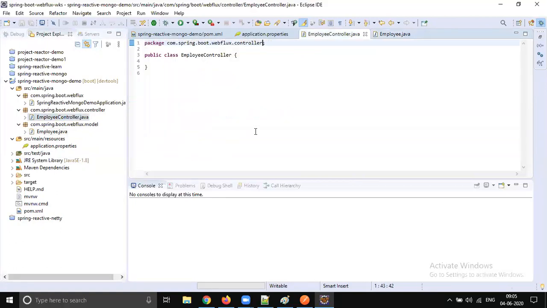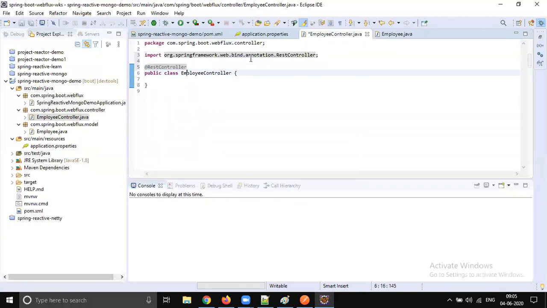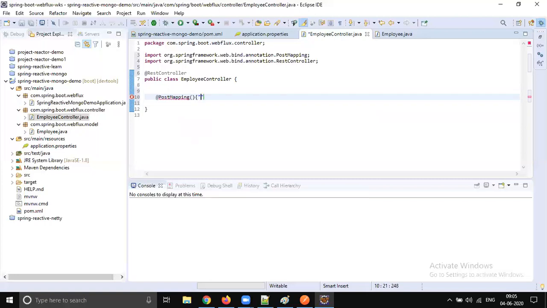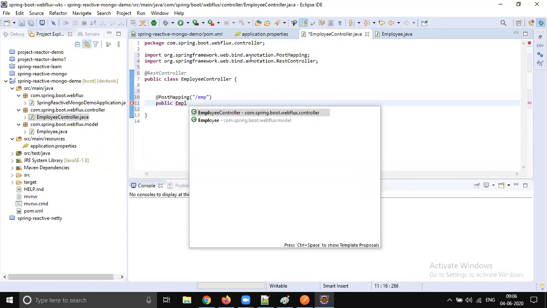Yes, now let's go to the controller. Let's mark this as @RestController and write a simple post method to save this data into the database. So @PostMapping, we give /emp, and take that employee and save it into the database, and return it back.